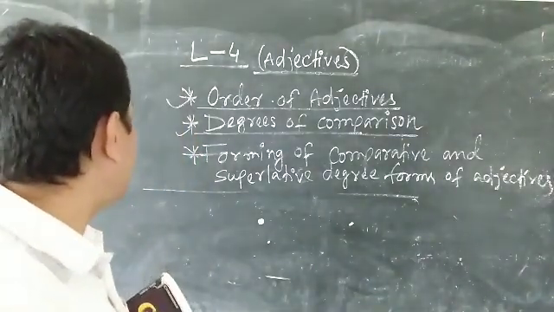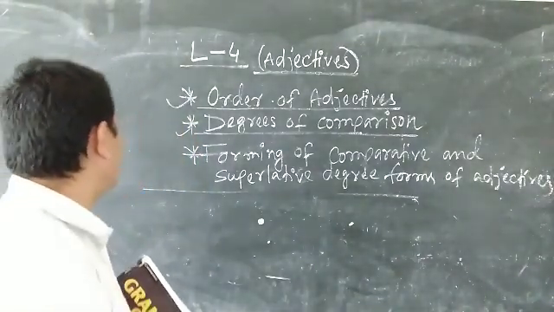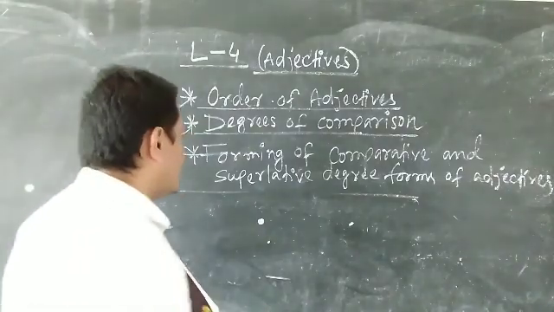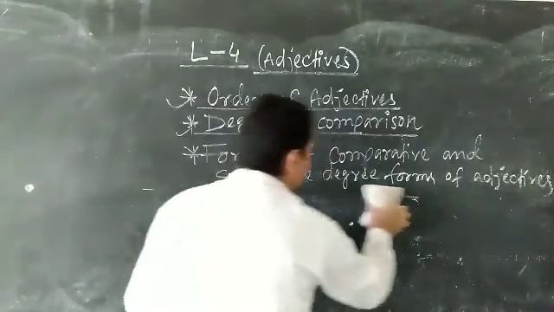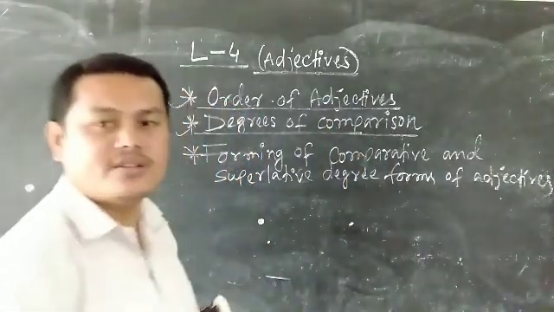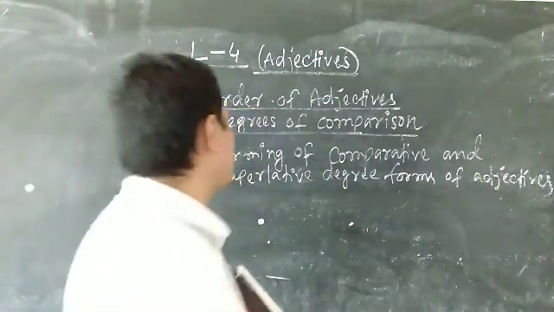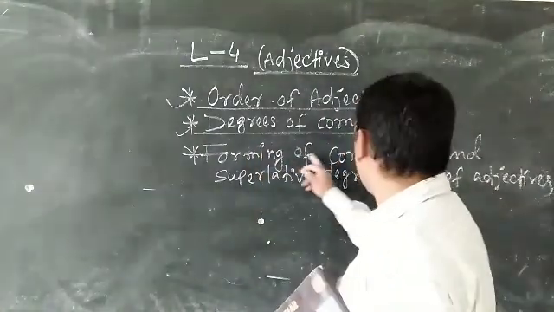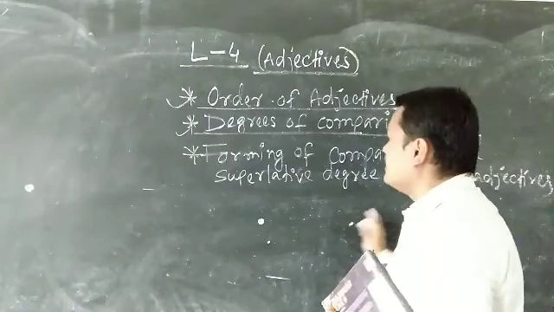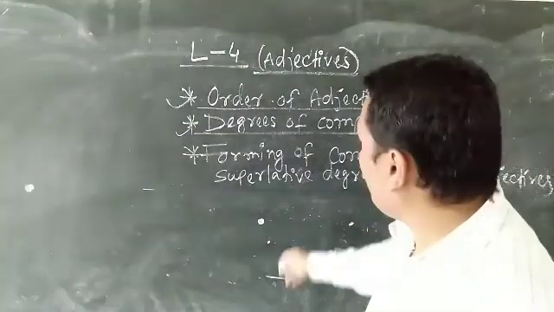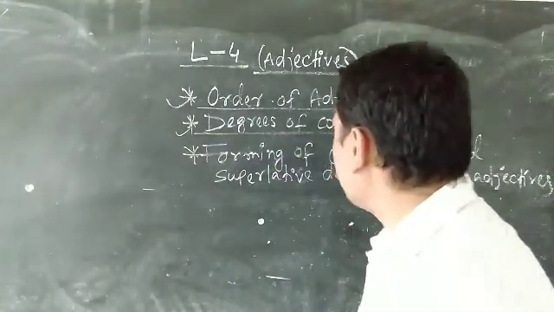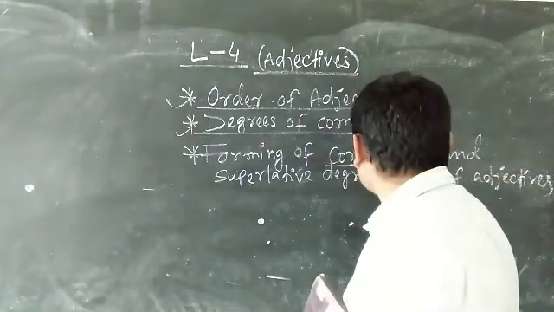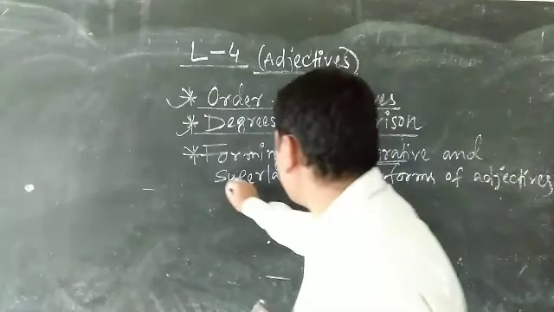Now we move on to the last point, last but not the least: forming of comparative and superlative degree forms. This is one of the important parts of this chapter, or this part 2 video. Forming of comparative and superlative degrees. My dear students, we have already learned in the second point that adjectives can be used to compare. Comparative means between two, and superlative means